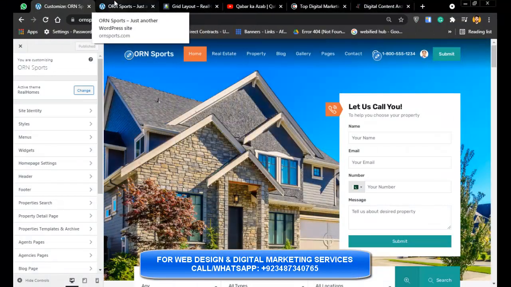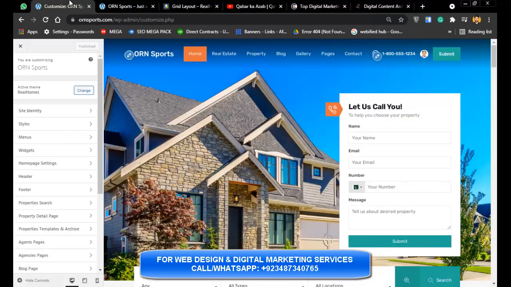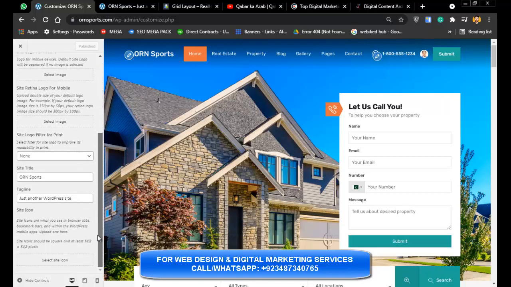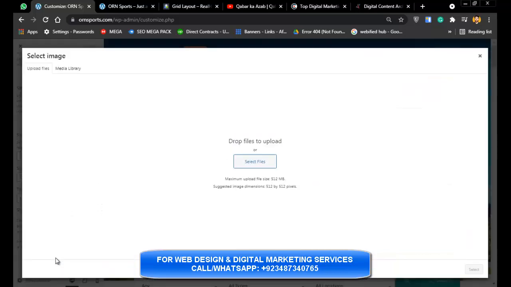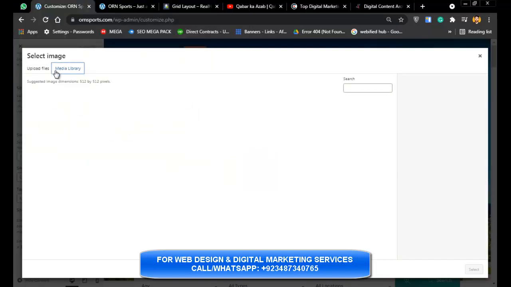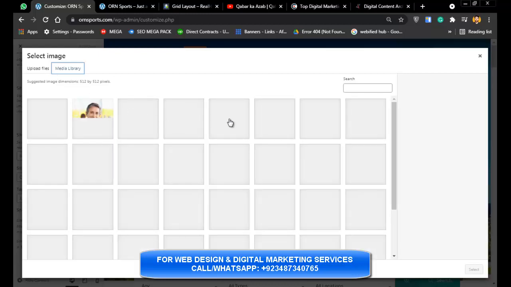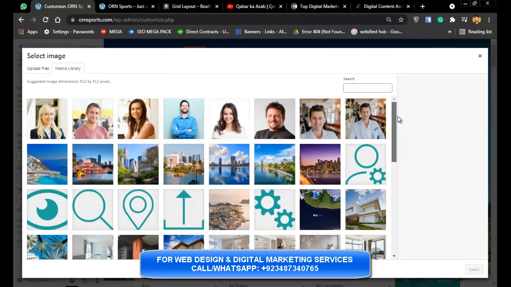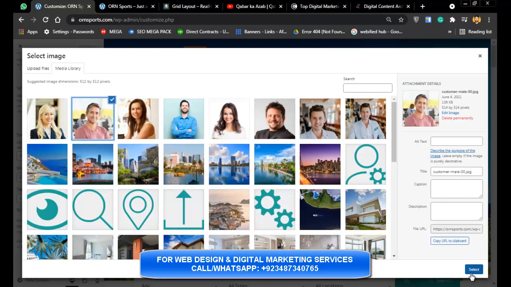So how can you add your website's icon, your company's icon, to your website? If you scroll down here, click on select site icon. From here you can upload, click on upload files and upload that icon. And if you have already uploaded it, you have to go to the media library, and here you can find any icon you want to upload. Now let me just select this one and upload it,